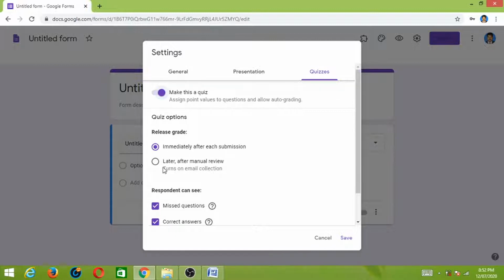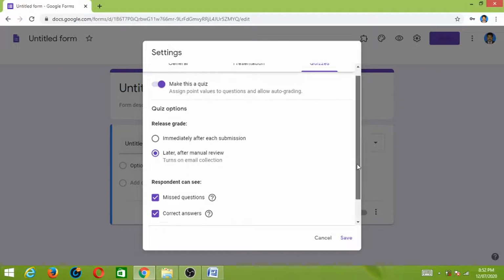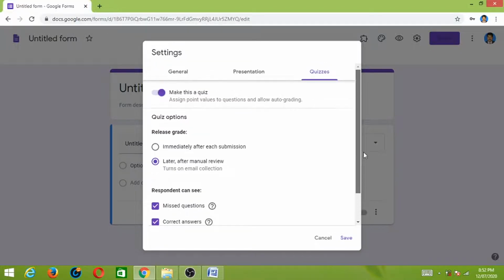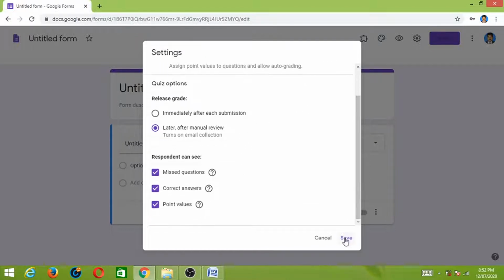Otherwise, if you want to evaluate the answers later, you just select this option. Okay, these are the default options for missed questions: show the missed questions, correct answers, and point values scored by the respondent. Okay, after that you save the settings.